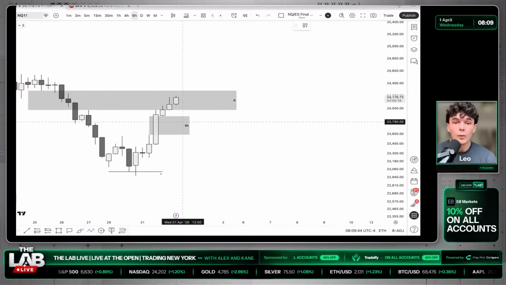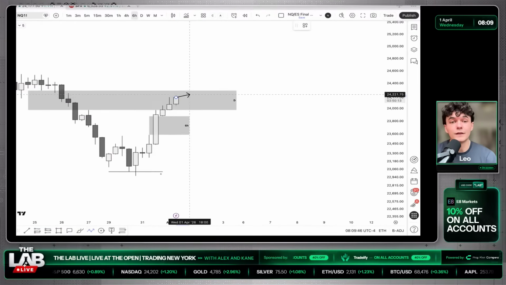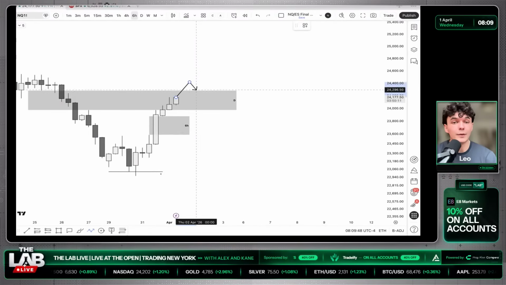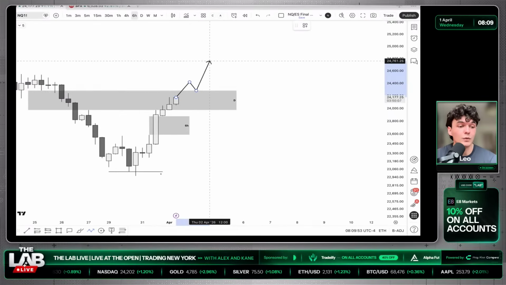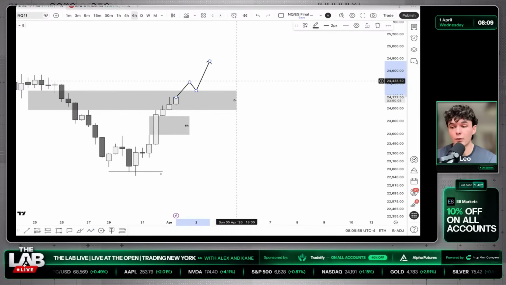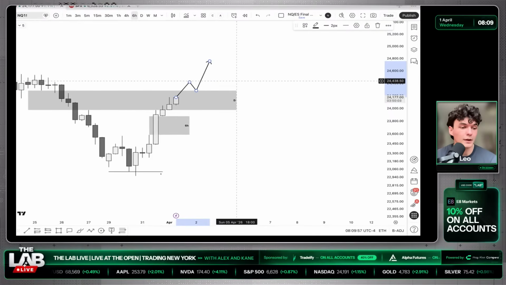Ideally, there's two situations that can play here if I want to frame a potential setup. One, we get above the daily fair value gap. We see a light retracement form after we get above, and we use this SMT divergence within a fair value to end up seeing a higher price form. And so this is what I would be looking to see.